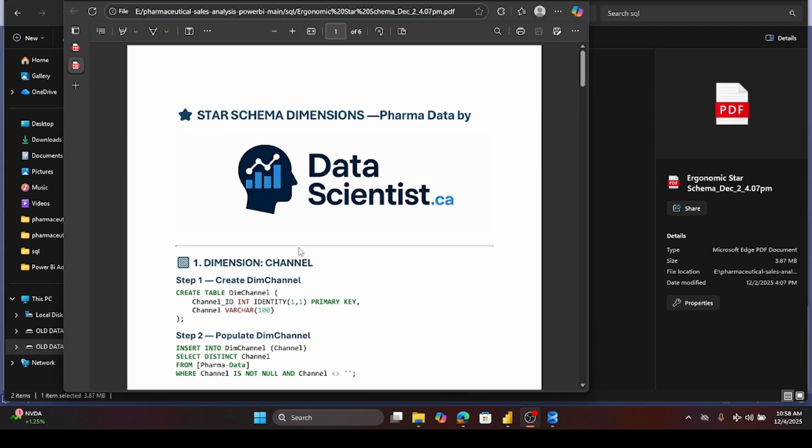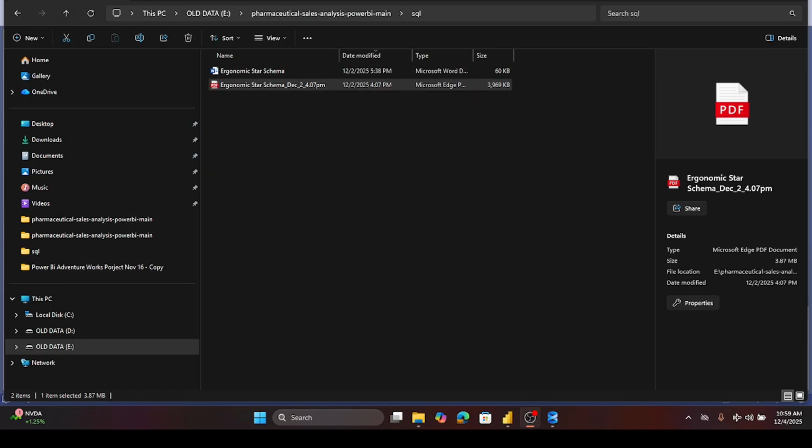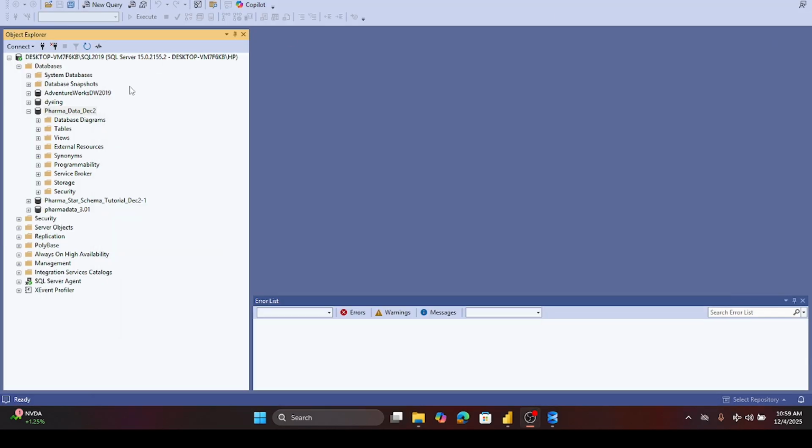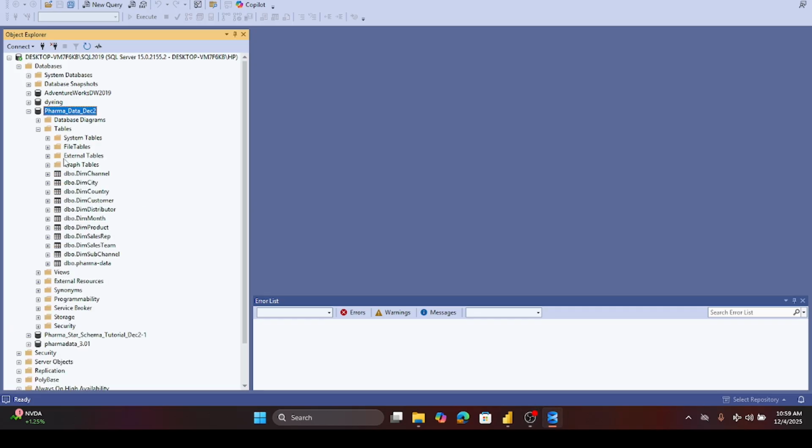So this was the tutorial we followed in our previous session to create dimensions from raw data, right? So this is our database, and these are all the tables we have already created. So now we'll import these into